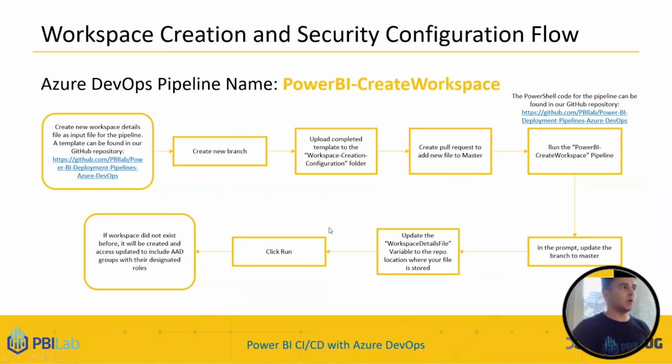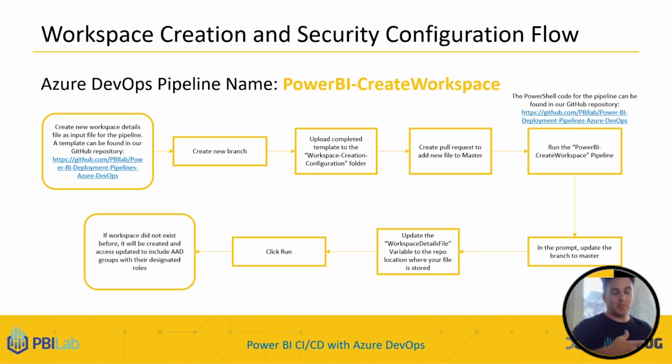So in Visual Studio, I create a new template with my workspace information. Then I create a new branch out of master from my repo. I upload the workspace that I prepared. I push everything to the repo again to be able to merge that with master and run that out of master. Then I run the pipeline, and